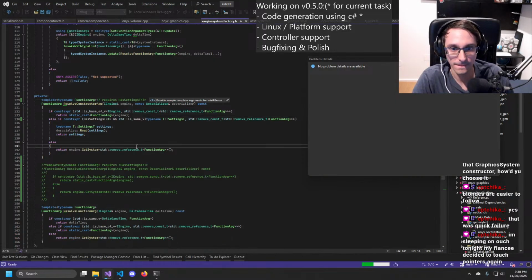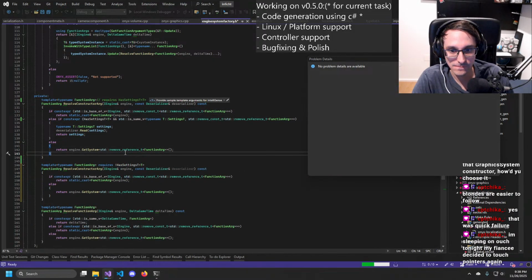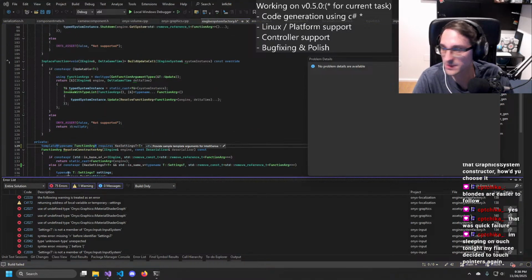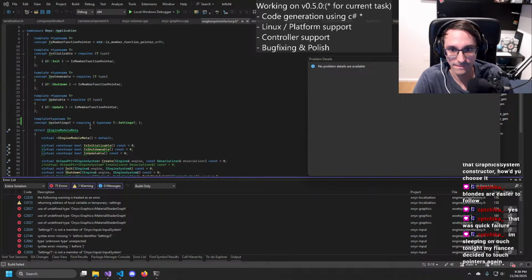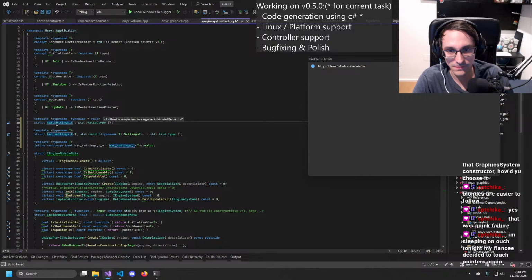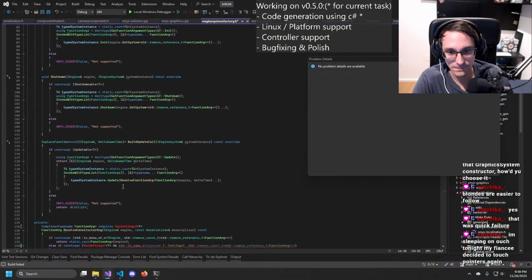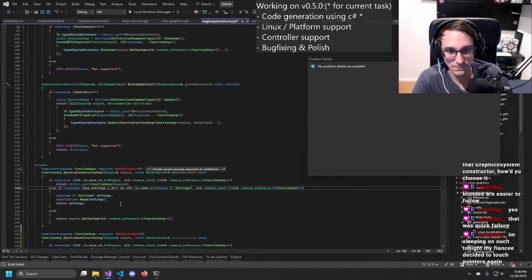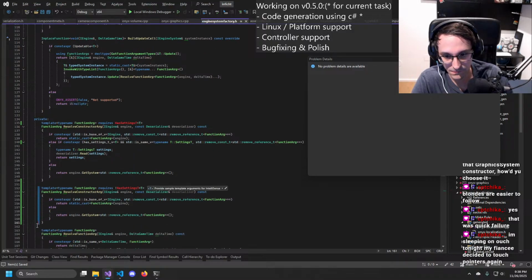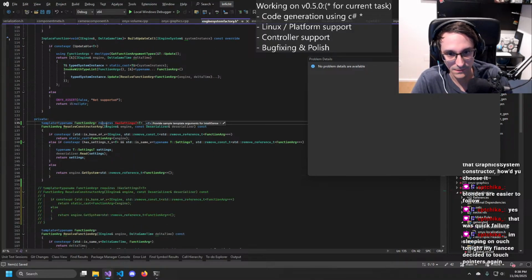No. But at that point, I think the type trait is better, maybe. Because that just works. I think.